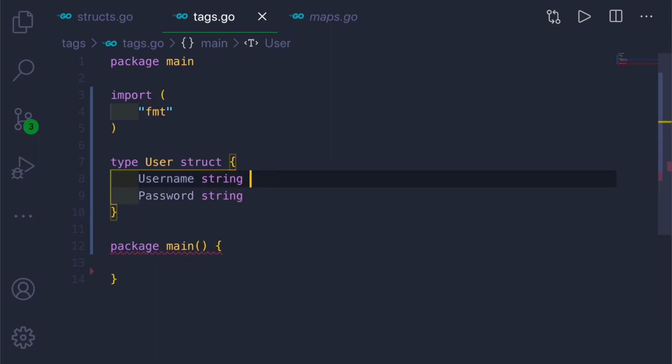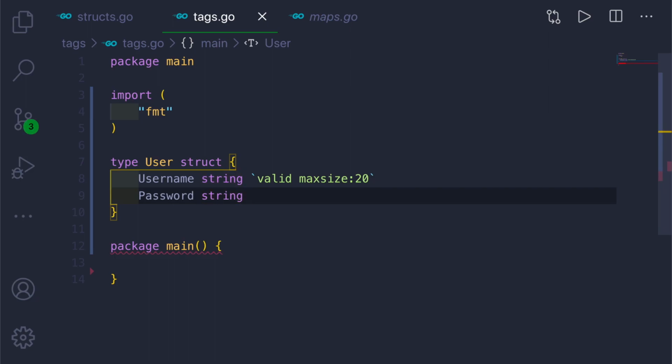So now you will ask me how you can use tags with a structure. Tags are written in Golang with backticks. So we want to include two backticks. Inside these two backticks, we want to give the tag name, and keep in mind this is backticks and not single inverted commas. Here we will give a tag as valid, and we can give another tag also just by giving a space between the two tags. For example, max size colon 20. So this username will have a maximum size of 20 characters.